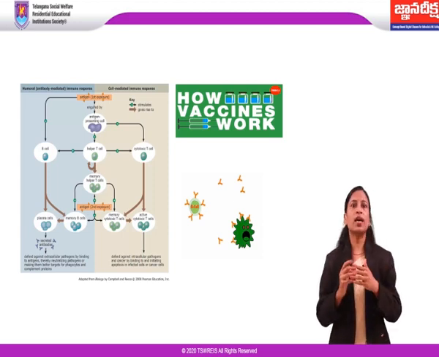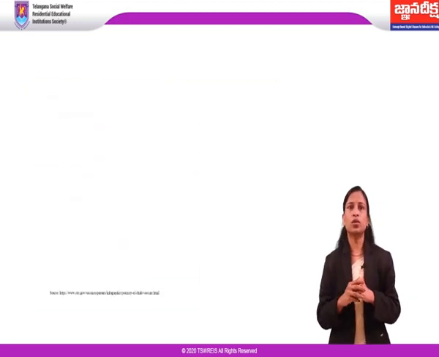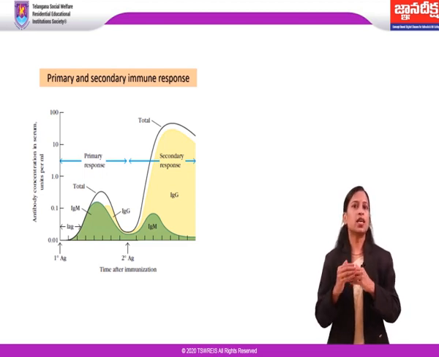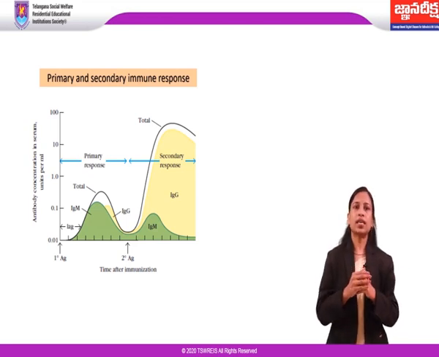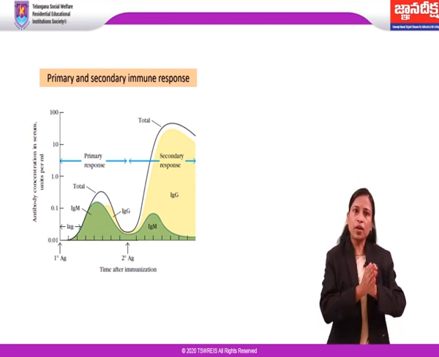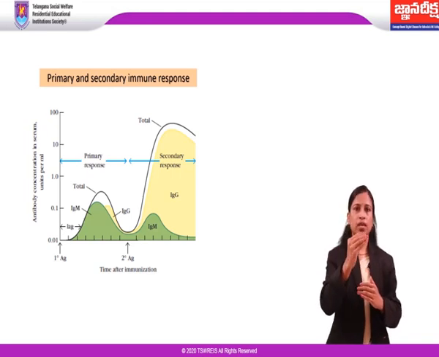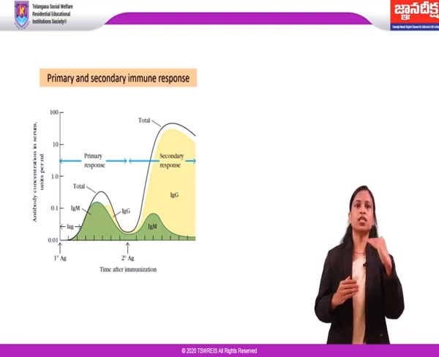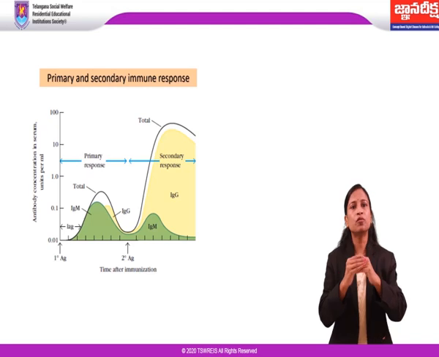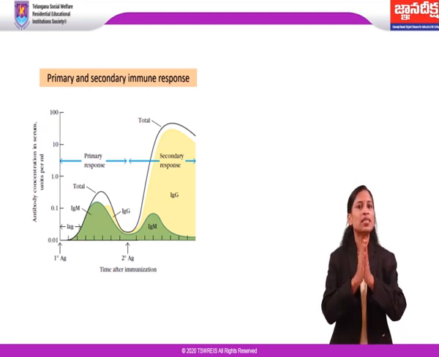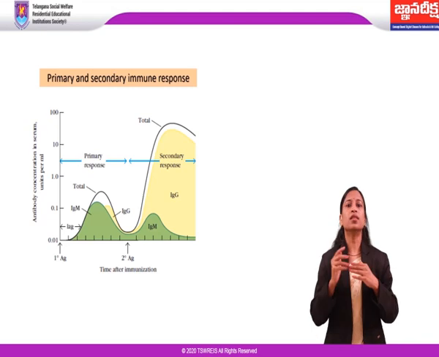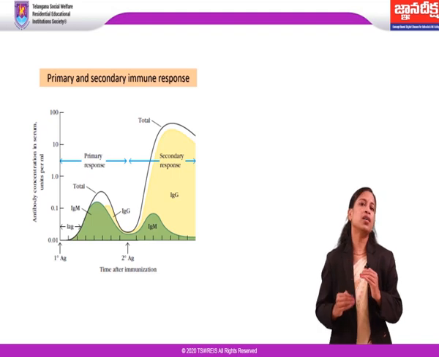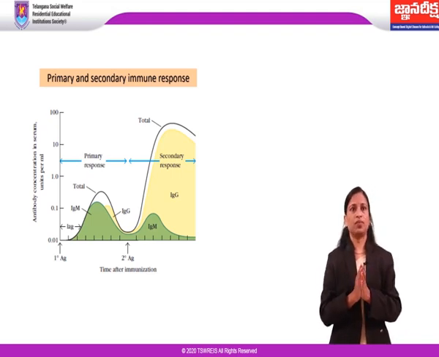The immune response generated during first encounter to antigen is termed the primary immune response, and subsequent exposure is called secondary immune response. In primary response, IgM predominates and peaks at 7 to 10 days, but in the secondary response, IgG predominates with a peak of 3 to 5 days. The secondary response is both faster and stronger than the first. Vaccines imitate natural infection and induce the immunity.